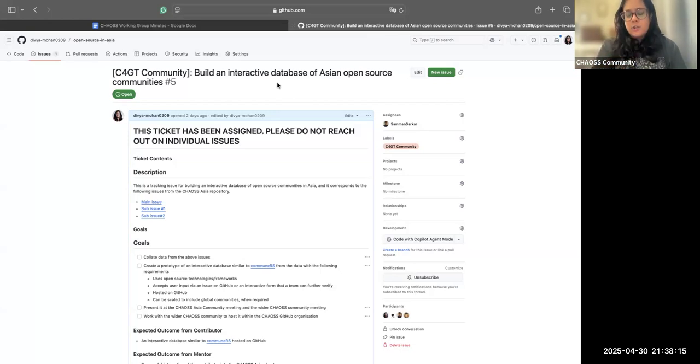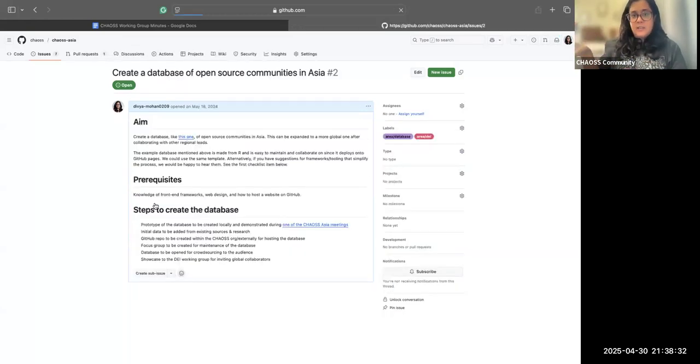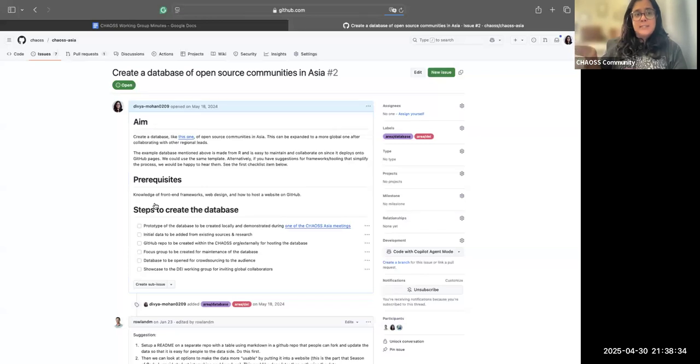So this is the issue that we had opened up to the C4GT community, and essentially what we aim to do with this issue is to build an interactive database. I have recorded the details in the issues that have been opened in the Chaos Asia repository.